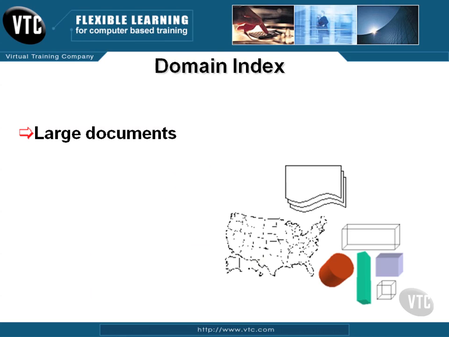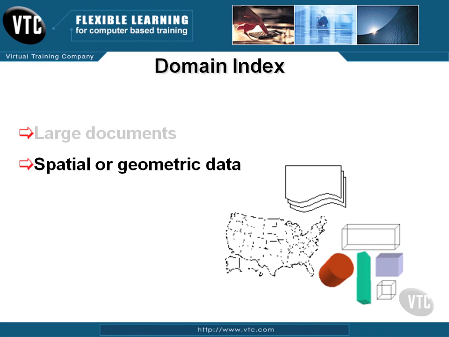Domain indexes are used to store context type structured data, such as large documents, XML, spatial or geometric data, multimedia. They're used to basically look into large documents to build indexes within those large documents, such as in libraries